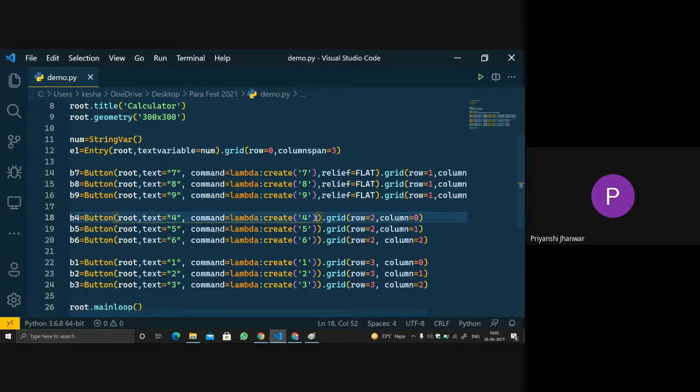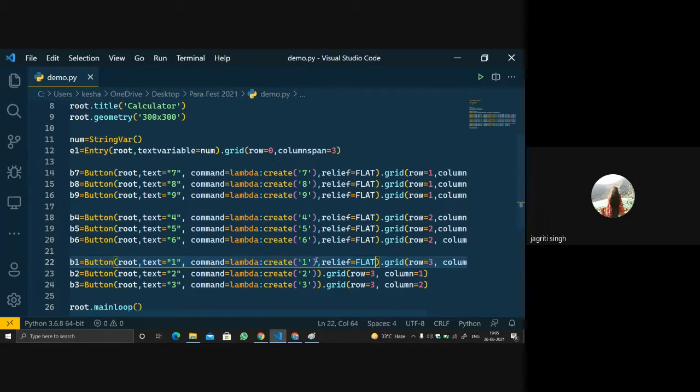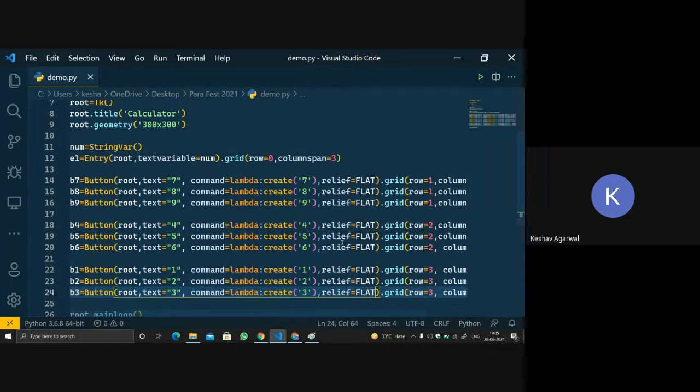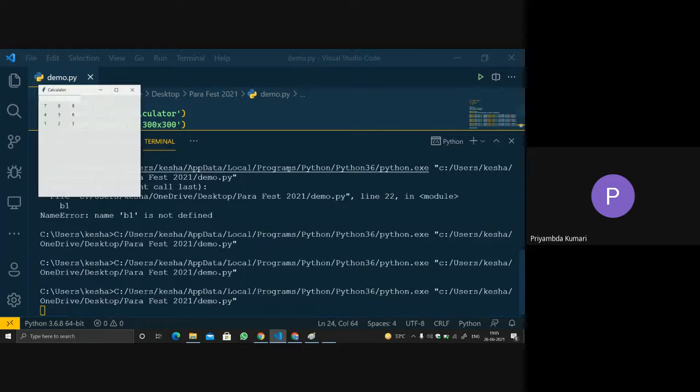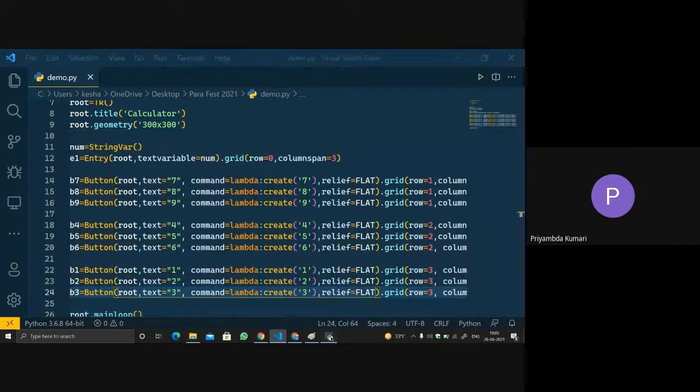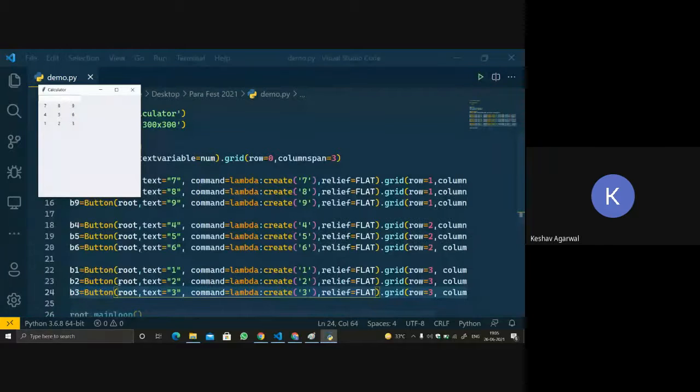Continue, Keshav. Everybody completed till here? Yes. No, I haven't completed. So where are you right now? Okay, B2. Just do one thing, copy and paste the codes, so you don't have to write again and again.